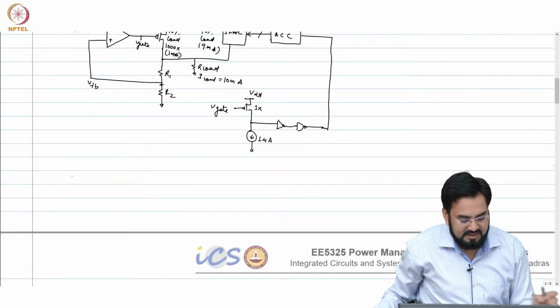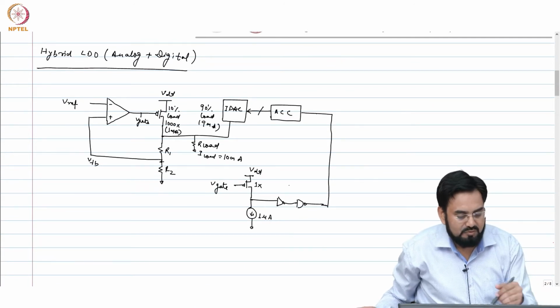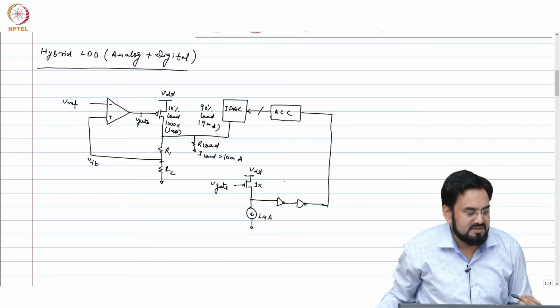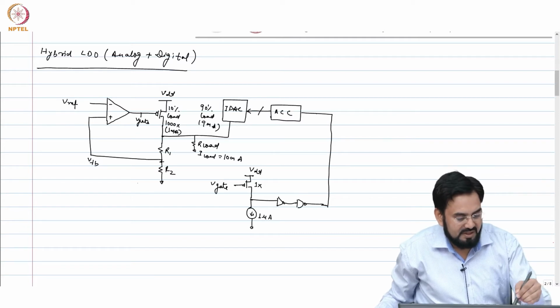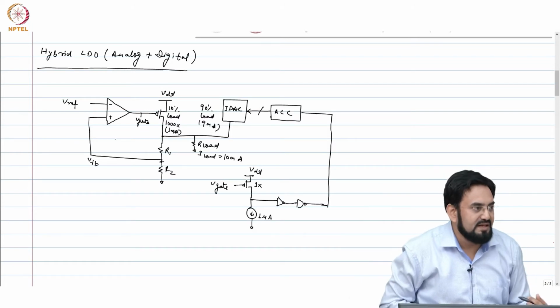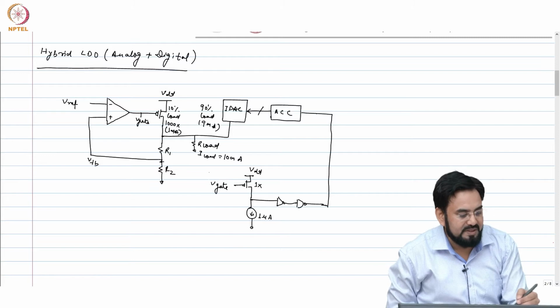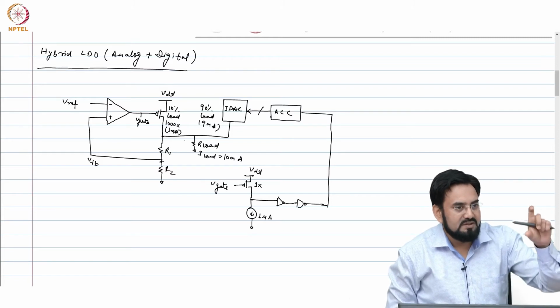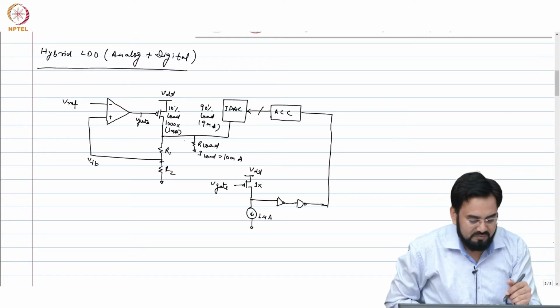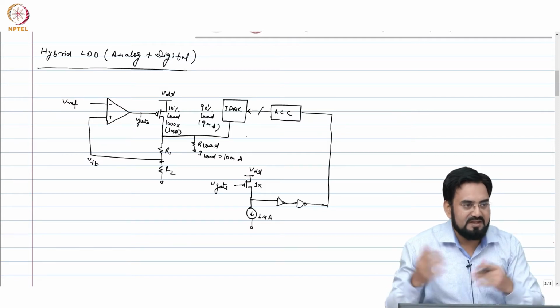So the only thing is that this will cause an oscillation in the output, because it is a single-bit limit oscillation. But this analog regulator will try to suppress that, because it is in negative feedback. So whenever the output goes high, it will try to suppress that by supplying the same oscillating current, but 180 degrees out of phase.